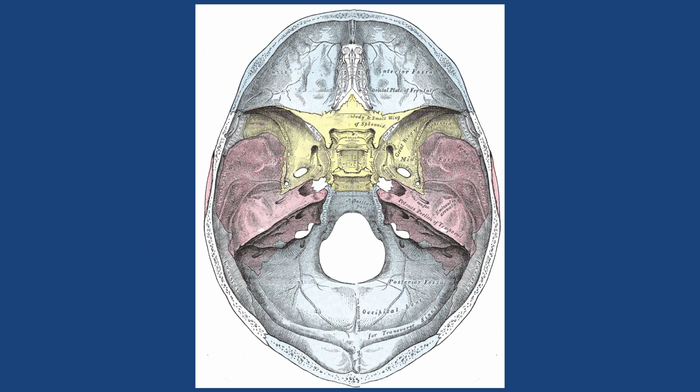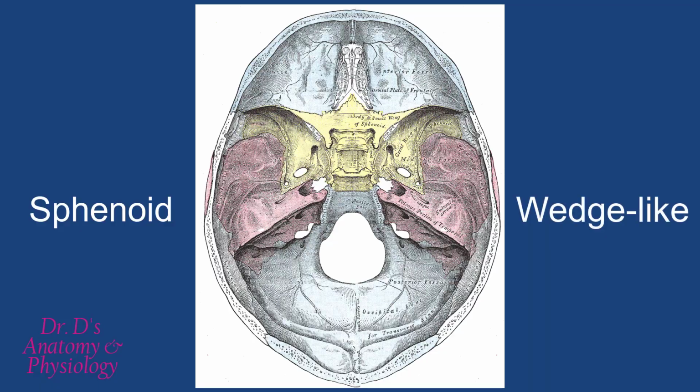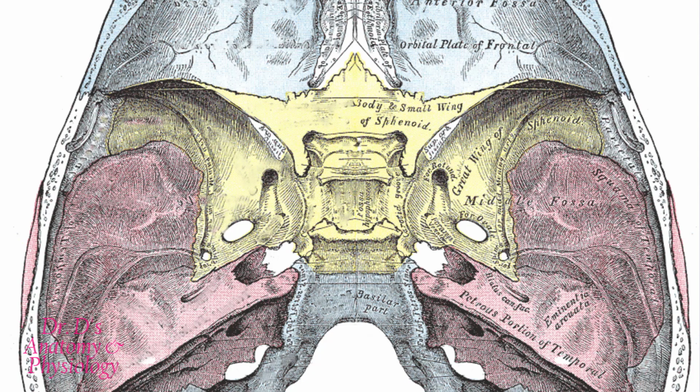Before we talk about this irregular, very complicated bone, let's talk about the meaning of the name sphenoid. The -oid at the end tells you it's like something. And what is it like? It's wedge-like. Here's an internal view of the skull, and you can see the sphenoid